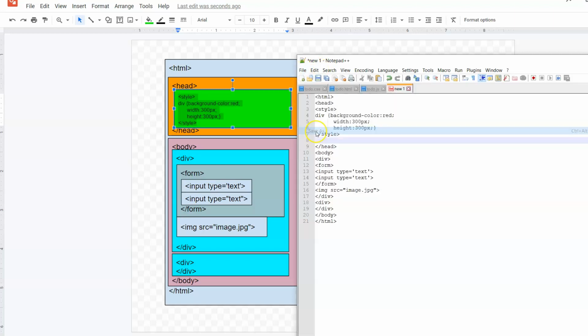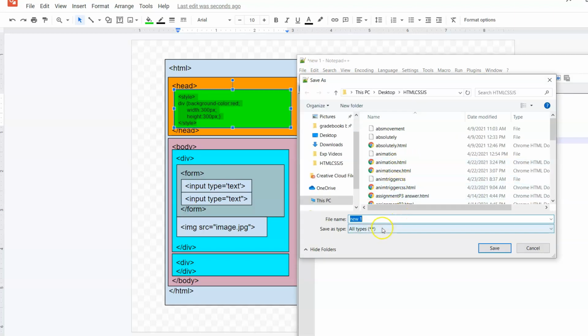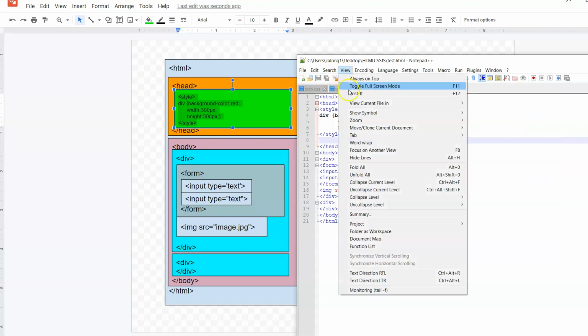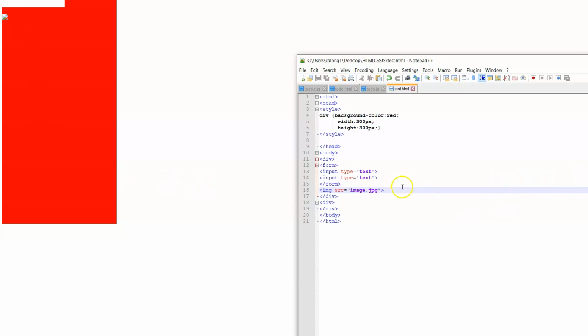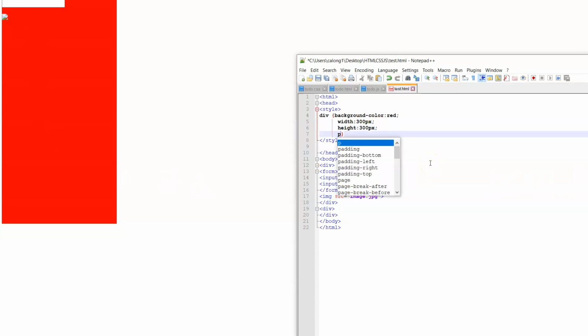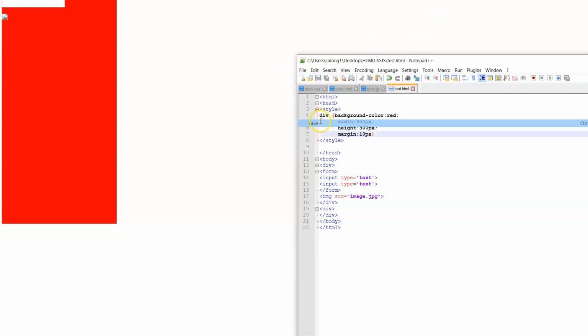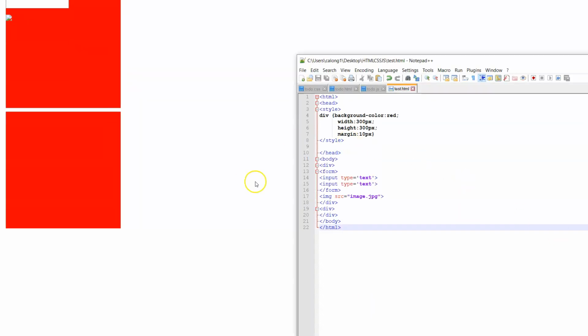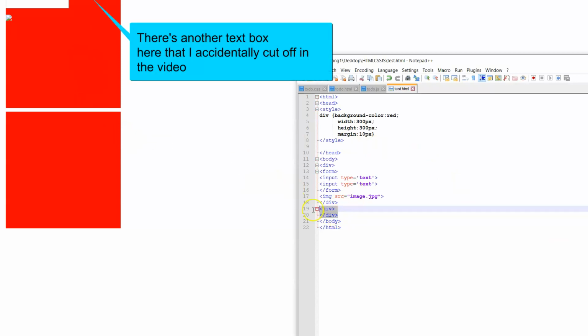Now, I'm going to go ahead and save this, and let's take a look at it. All right, so I have 2 300 by 300 divs, and wait, we can't tell that there's 2 divs. It looks like one really big div, so let's add one little piece of information to our div here. We're going to add a margin which says create a little space in between. We'll refresh that. All right, so now you see I have 2 divs,